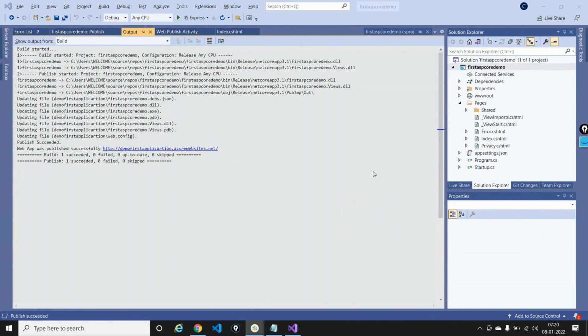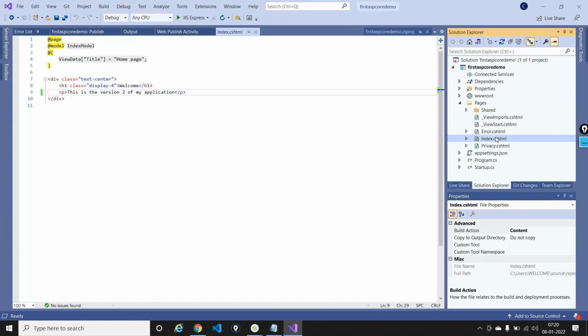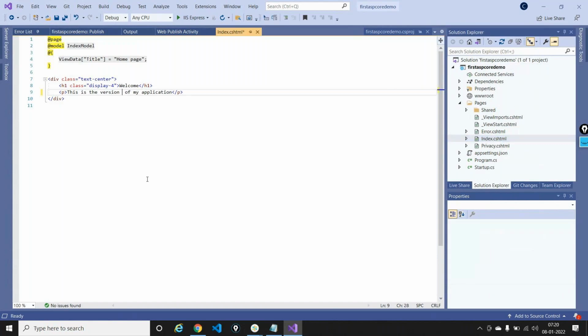Like a hypothetical scenario, because that's what I did right now. If I have to take my code to version 1 again, I have to come down here and convert it into version 1. But the developer will take more time to do this because there are a lot of features he needs to revert back, and he needs to make sure that the code that went into version 1 is the same code that I roll back. This is now a big issue that I'm facing.